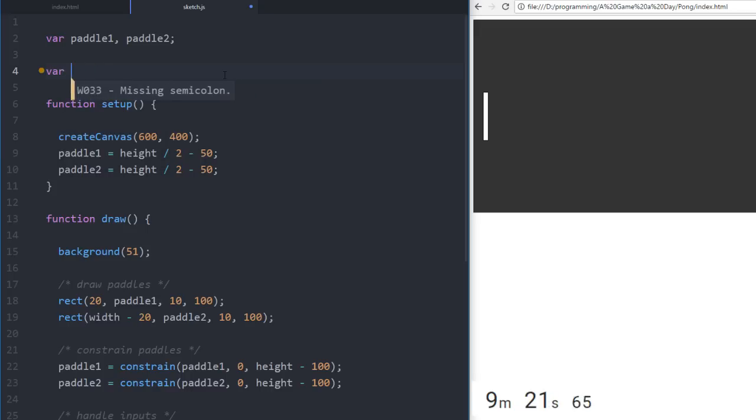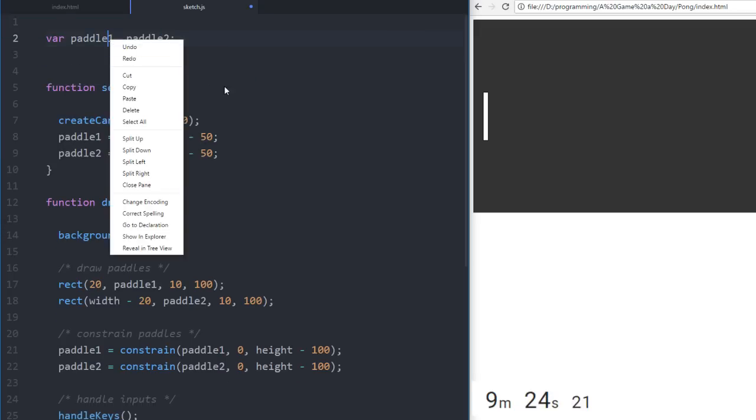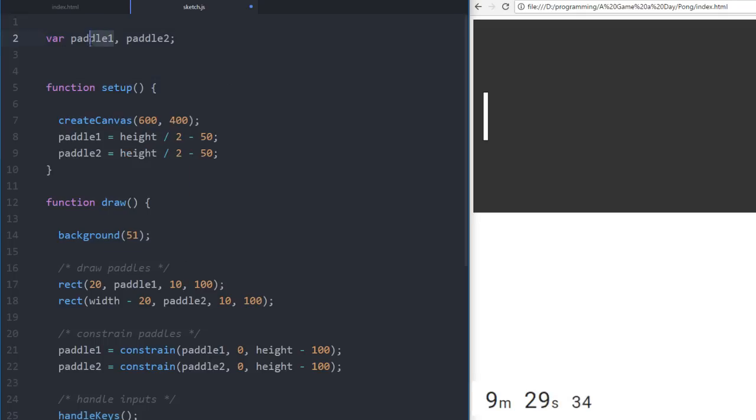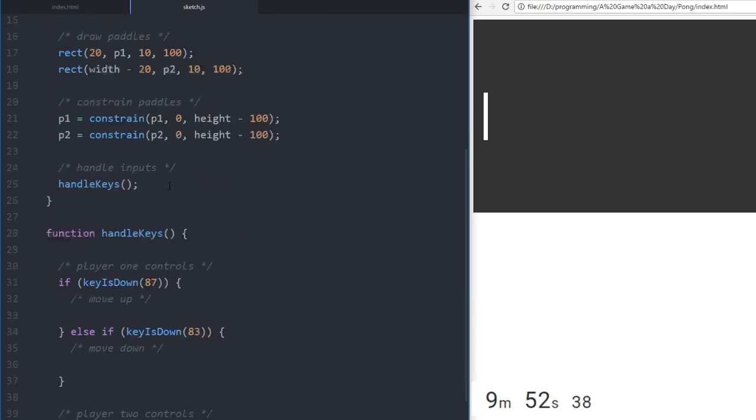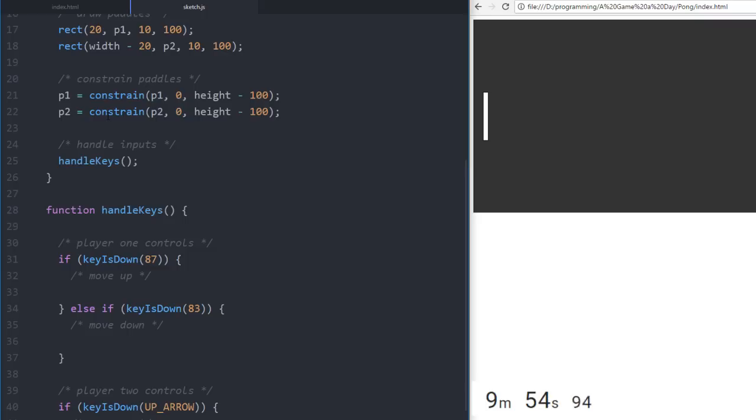We could refactor these. I kind of want to refactor these a little. We're just calling it P1, P2. Paddle 1, paddle 2. I've got to not be so caught up in the names of the variables. But we are going to say,